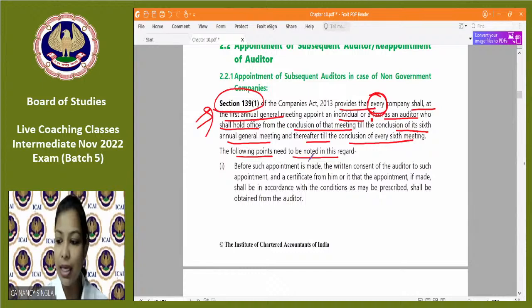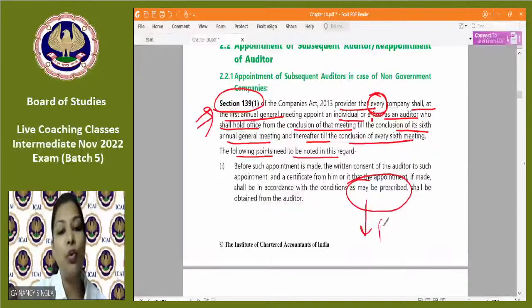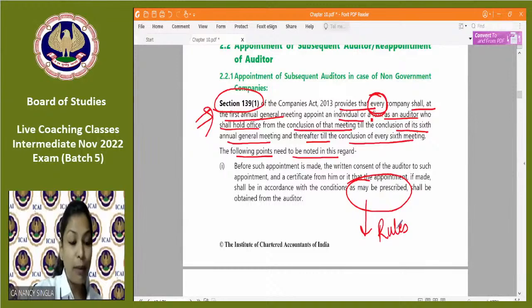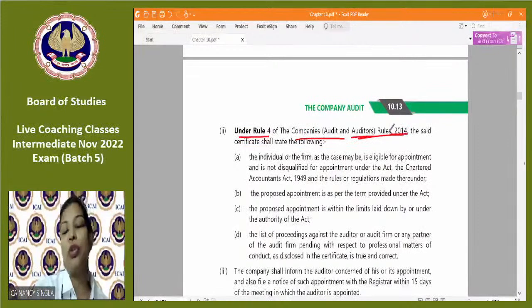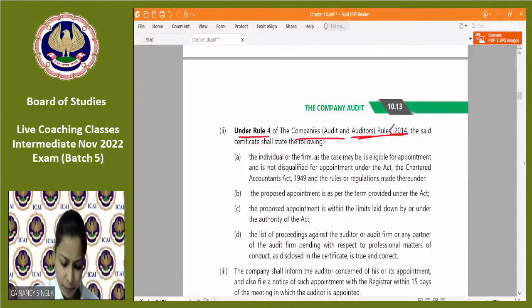तो क्या क्या देखा आपने, एक तो क्या करना है, रिटन कंसेंट लेना है कि ओके आई अग्री, मैंने कंसेंट दिया दैट आई विल बिकम द ऑडिटर ऑफ दिस कंपनी, ठीक है। सेकंड क्या करना है, आई विल बी गिविंग अ सर्टिफिकेट टू द कंपनी दैट द 4 conditions as may be prescribed. Now you all know as may be prescribed means the rules. So rule number 4 of the Companies (Audit and Auditors) Rules 2014, it contains 4 conditions जो सर्टिफिकेट में ऑडिटर को मेंशन करना है, क्या क्या।